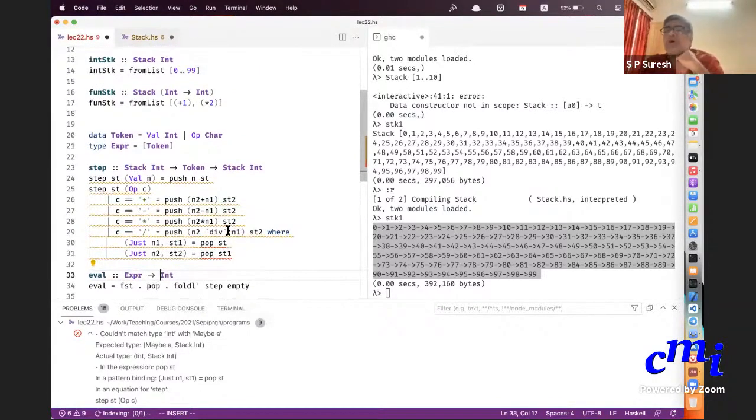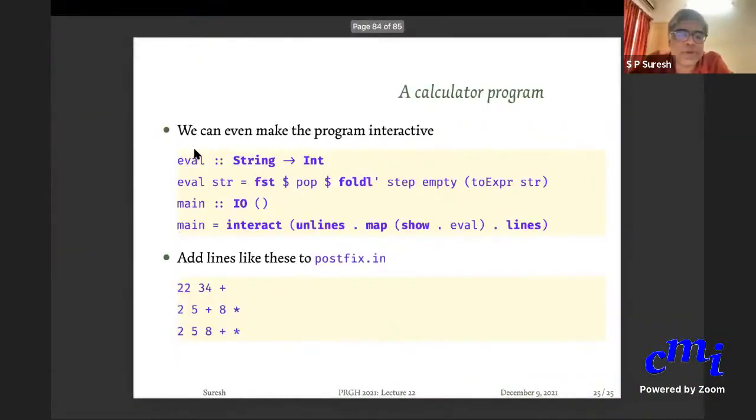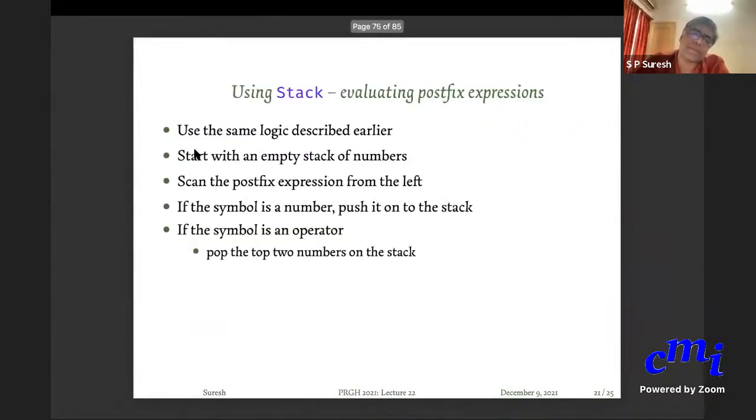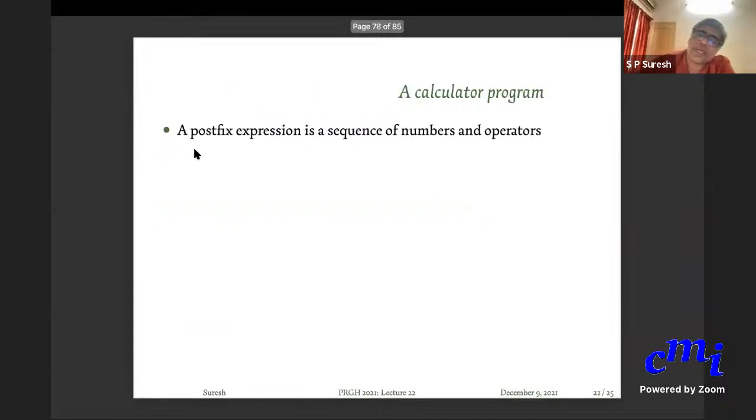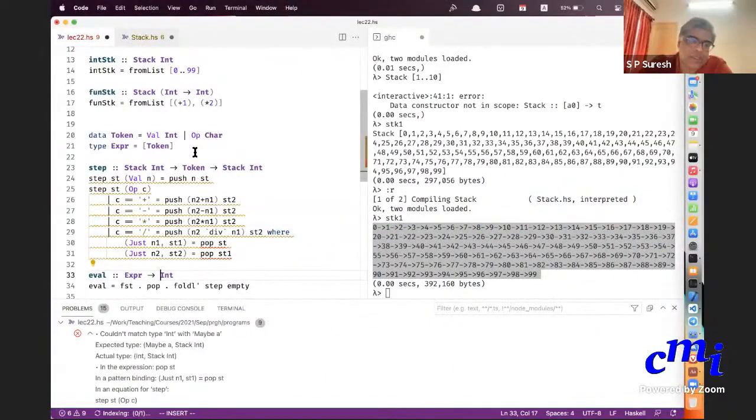Okay, so yeah, this is the kind of thing that you do. Unfortunately, I don't want to rush through this because there are still a few more details. We'll actually do it when we start next week. The slides are here. You can go through the slides. When we come next week, I'll clean up the code and we can actually go through it. And are there any questions so far? So basically, I want to tell you how to use a stack, and this is one of the canonical uses of a stack, to evaluate arithmetic expressions.